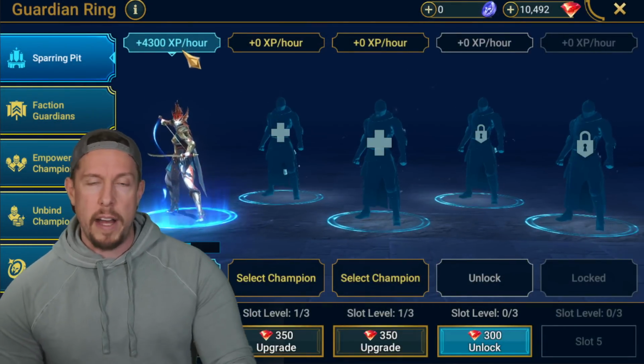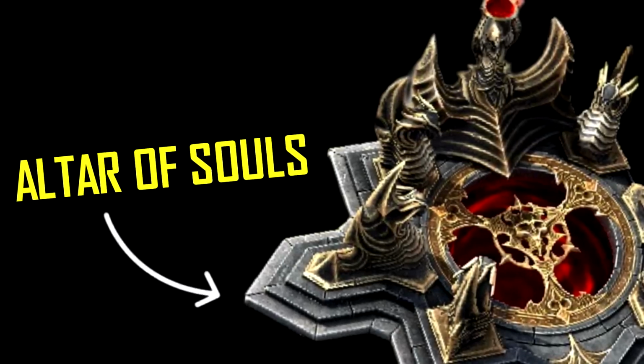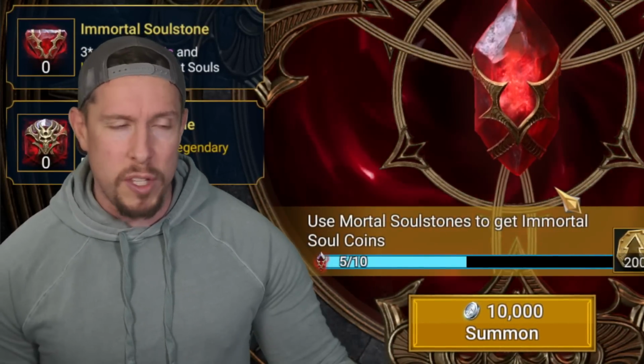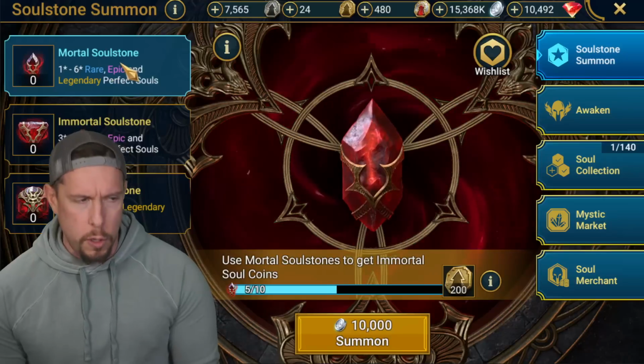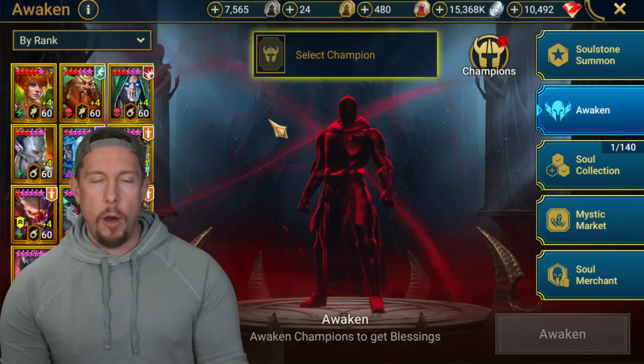It's a nice way to passively level up your champions while you're not actually playing the game. Next, we have the Altar of Souls, a brand new feature in the game. Again, this is the feature that I think is more geared towards the end game, so you don't have to stress yourself out worrying about mortal soul stones, immortal soul stones, and eternal soul stones, but essentially we can awaken